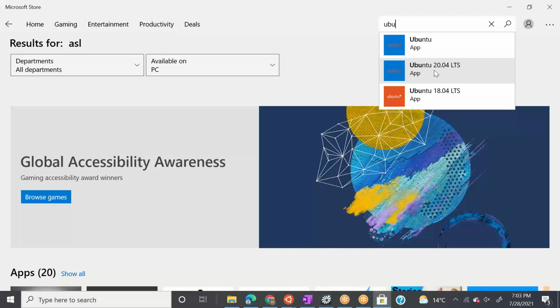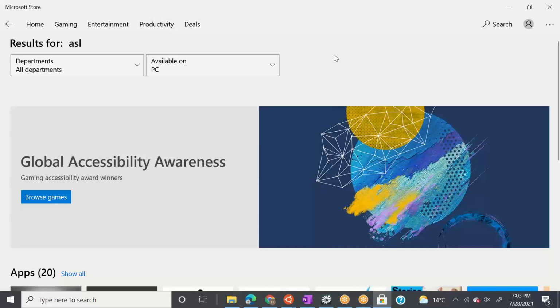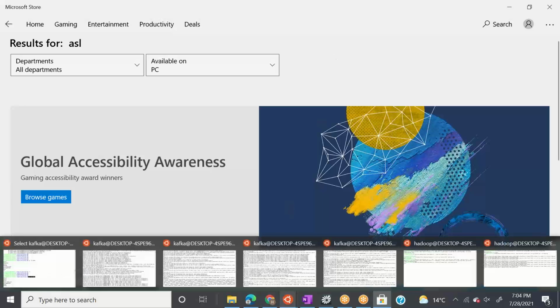So what I did today, I downloaded this onto my Windows machine because I don't have a Mac or a Linux machine with me, and I installed it. Right. So this machine is installed.